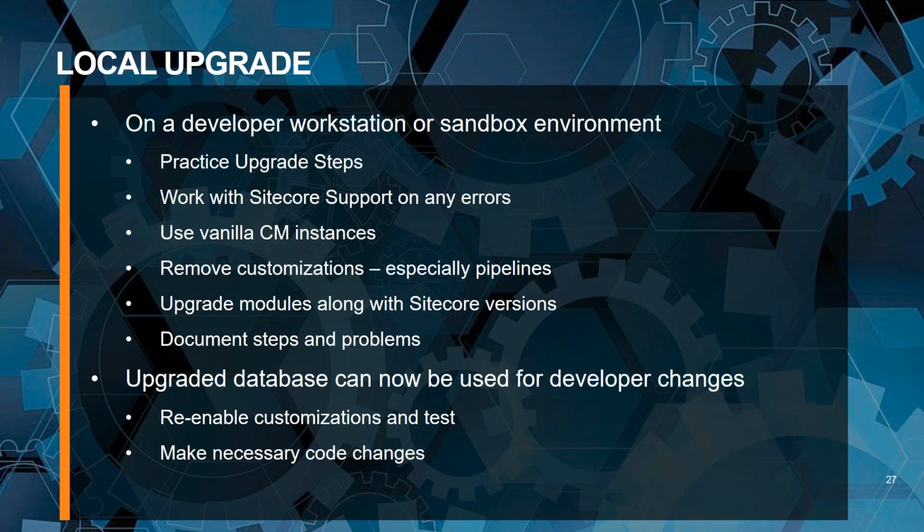Since in the planning phase you take the inventory, upgrade all the modules as well during this process, and also document each and every step or problem encountered, because we need to repeat this in several instances. We need to repeat the same process in QA, and in UAT before we do it in production. So it's always better to document each and every step, and if you encountered any issue, what steps and actions you took to recover from it.